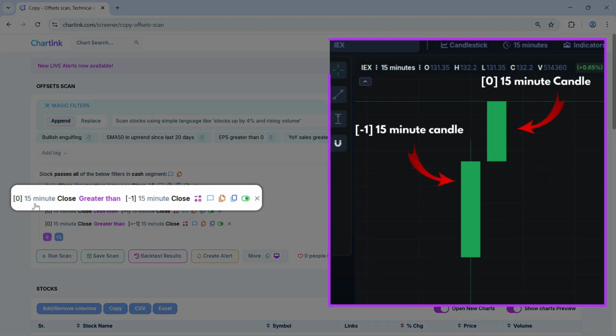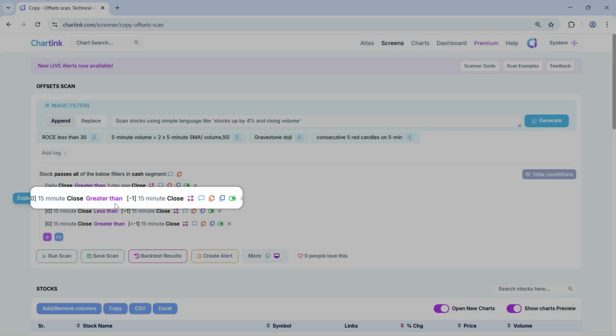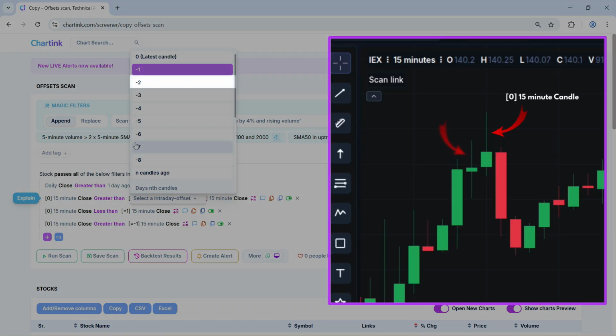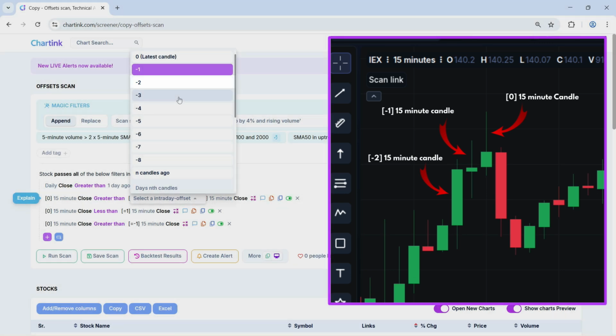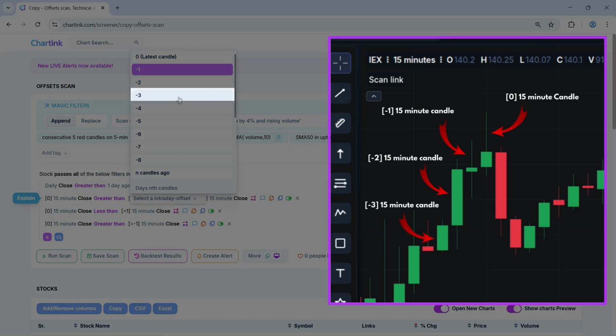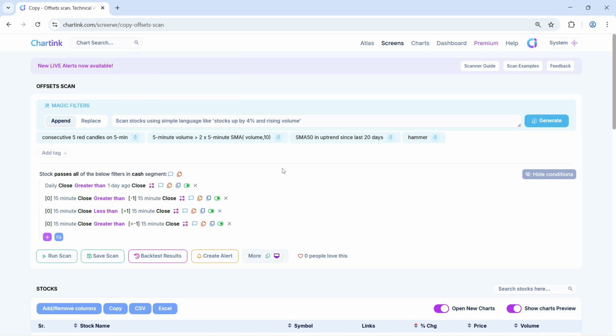So this filter is comparing the current candle value with the previous candle value. And if you change it to -2, it refers to 2 candles ago. -3 refers to 3 candles ago, and so on. This is useful when you want to compare current movement with recent past candles.